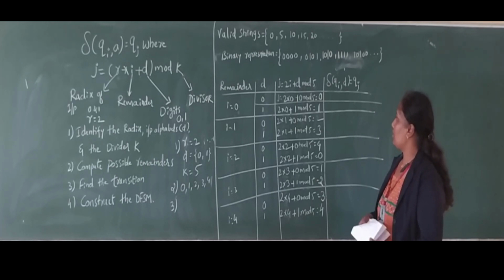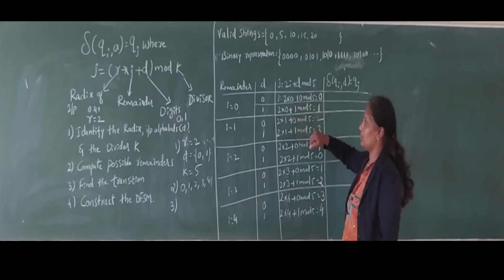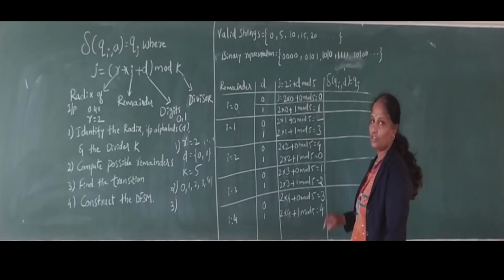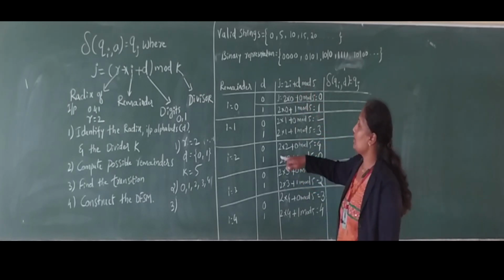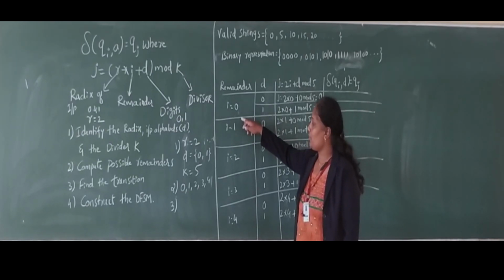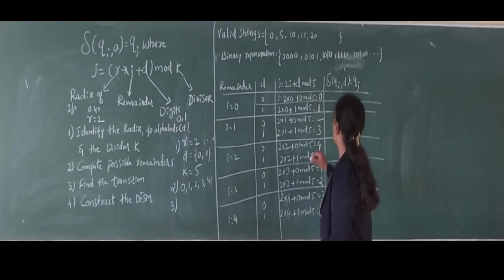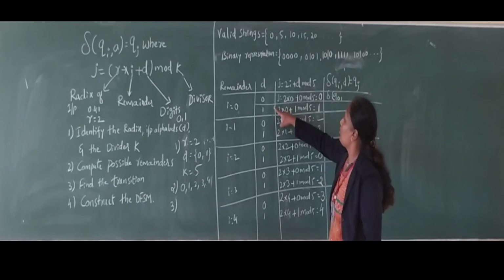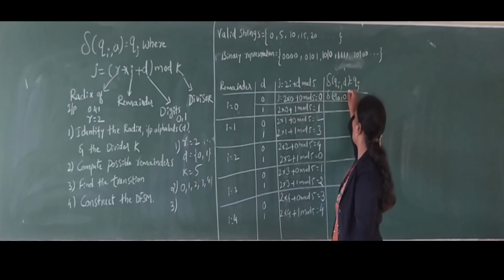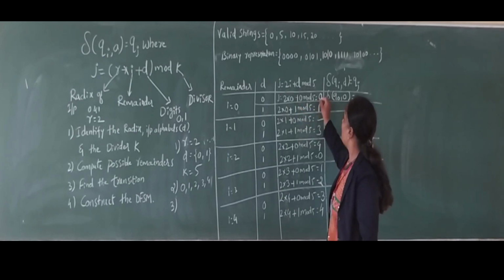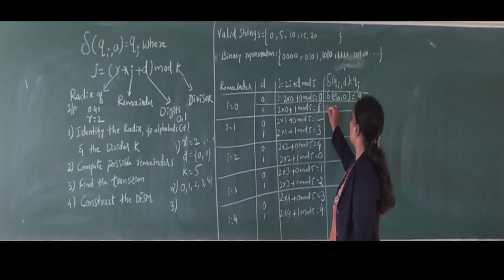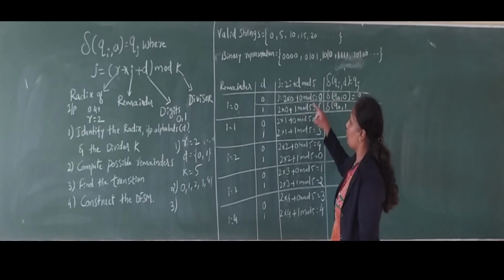So I have applied the relation by considering the R, I and D values. Next, I should write the transitions. Here the I value represents the states. So I will write the transition for I value equal to 0. I write Q naught of 0. The remainder is 0, so I will be in the Q naught state only. Next, the transition from Q naught of 1.